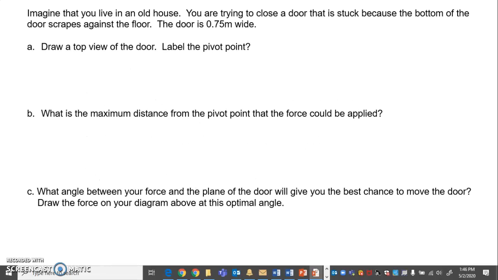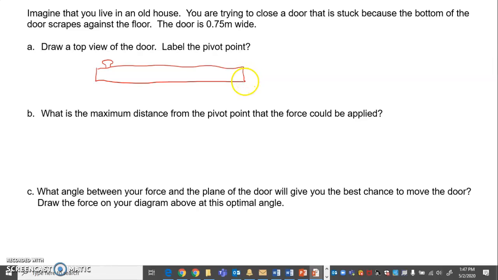All right, so imagine you live in an old house and you're trying to close a door that's stuck because the bottom of the door scrapes against the floor. So I've been in lots of houses like this. There's an awesome beach house that we go to, and this happens all the time. So the door is 0.75 meters wide, and we're supposed to draw a picture of the top view of the door. So if you were up above a door, standing on a ladder and looking down, the door would just look like this, and you'd be able to see the doorknob in the top,